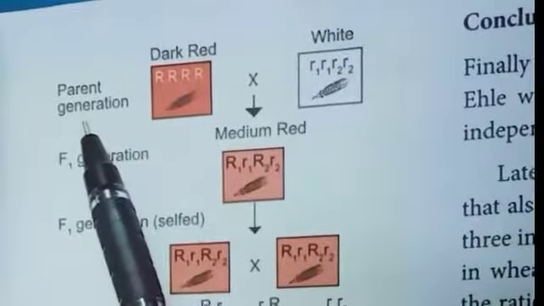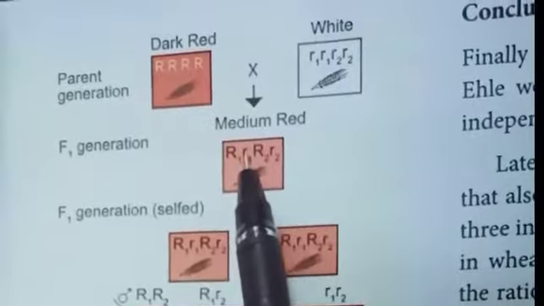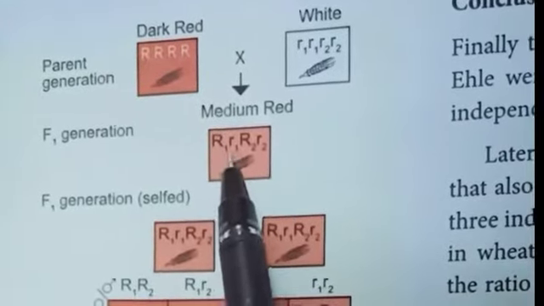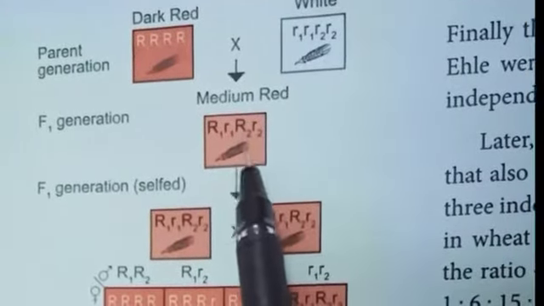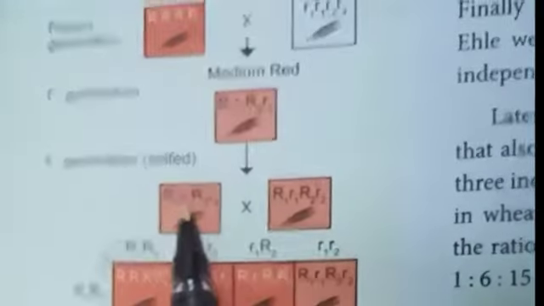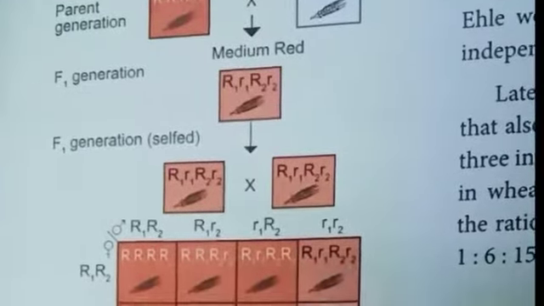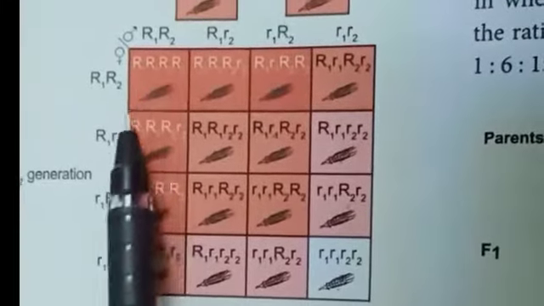So parent generation: dark red, white. So F1 generation medium red, capital R1, small r1, capital R2, small r2. So this is a medium red color. The F1 generation is selfed. This is the selfing. This is the checkerboard method. So here the result is